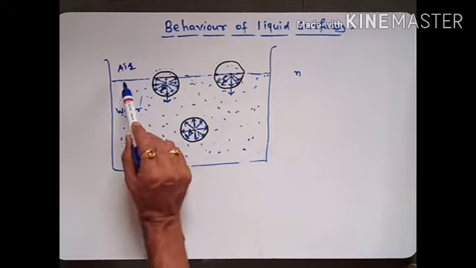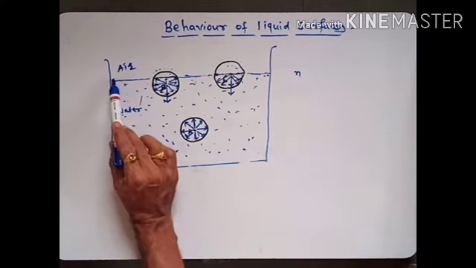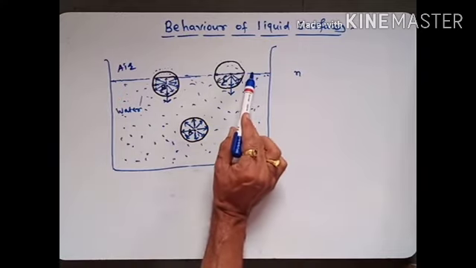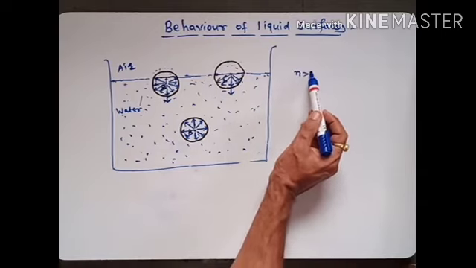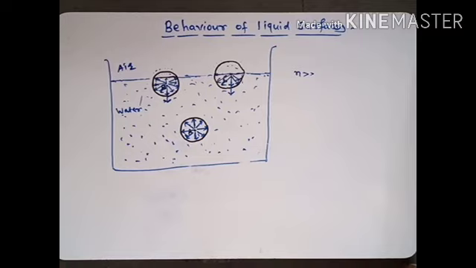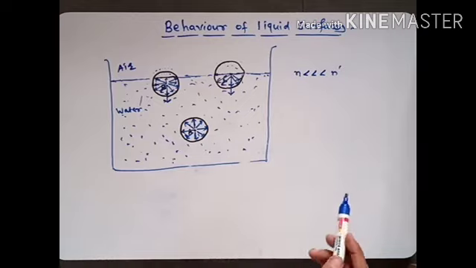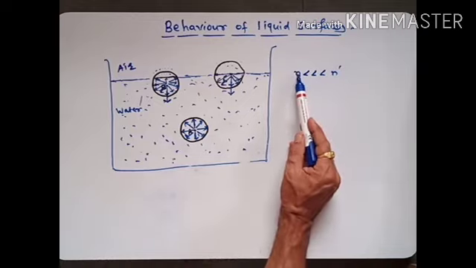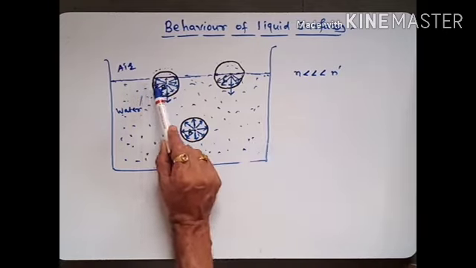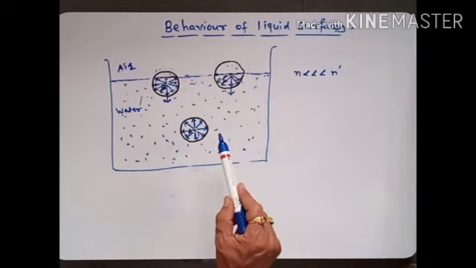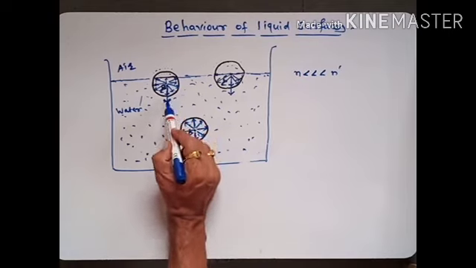That means suppose for this surface of liquid, n is the number of molecules, and if we have to increase the surface area, then we have to increase the number of molecules, greater than n, suppose n dash. We have to increase the number of molecules than n, and for that we have to bring some molecules which are inside the liquid to the surface of liquid, and for that we have to do some work against these forces,